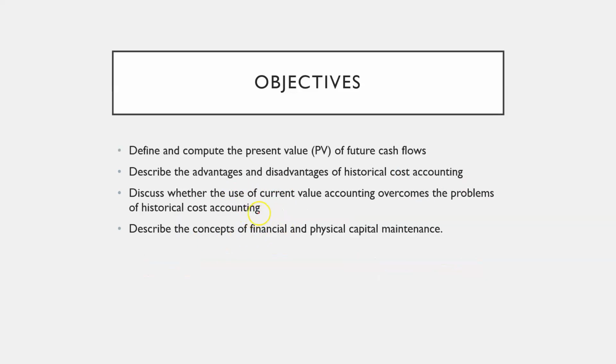Right. So let's jump in. So this is some of the things we'll be doing. Like looking at ads and disads of historical cost accounting, and then we'll move on from that to sort of say, well, what's new, and really what's new is this idea of current value accounting, like looking at things in the now, so to speak, and then discuss that.